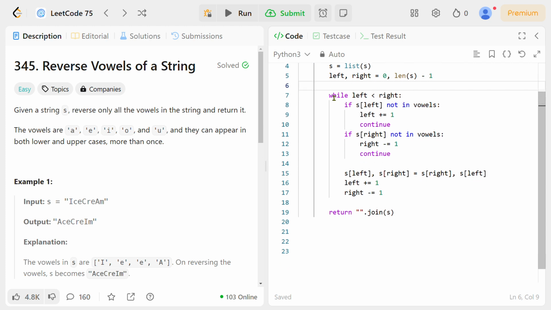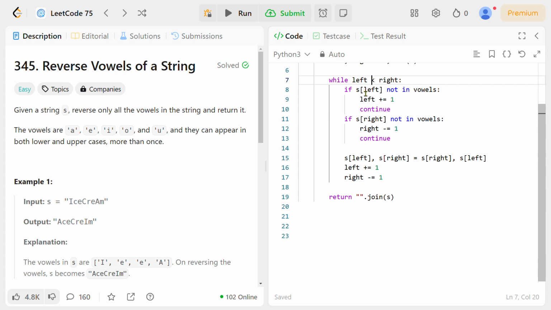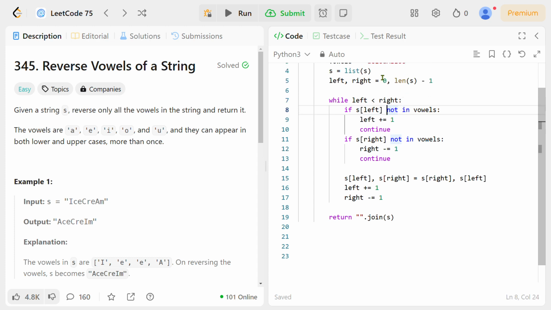Now, while left is less than right, this loop goes on until left is no longer less than right. Here, if s[left] is not in vowels, then left plus equal to 1.